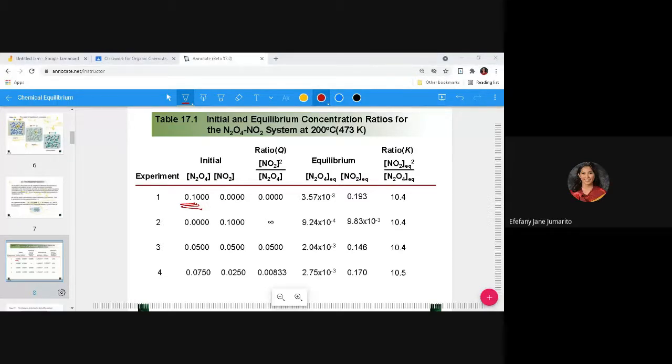Okay, let's go back. As I said earlier, the equilibrium constant is the same no matter what the initial concentration is. As we can see here in our example, if we have a reaction,